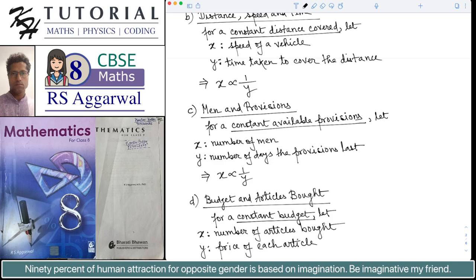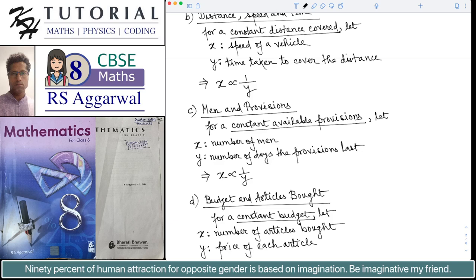As you can understand, if the food is constant and the number of men is increased, then definitely the number of days the food will last will be less. And if the number of men is decreased, then definitely the number of days the food will last will be more, because it is all depending upon the consumption of food by a single man,